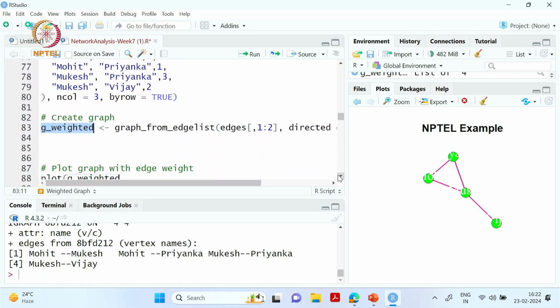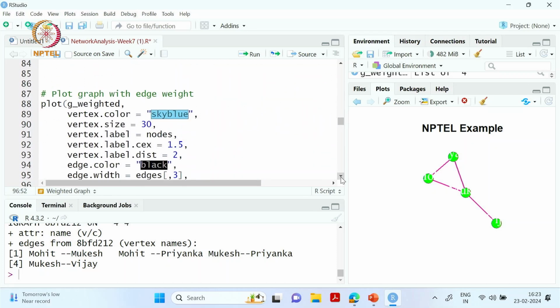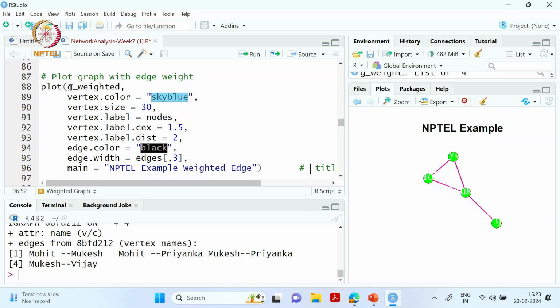Now we will plot this. So how we will plot? We will use this function plot. So here this is our graph. Then this is the color of the nodes. This is the size. Then I am putting the nodes, whatever nodes I have created. So if I run this,